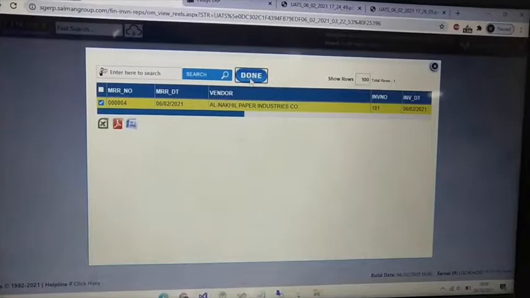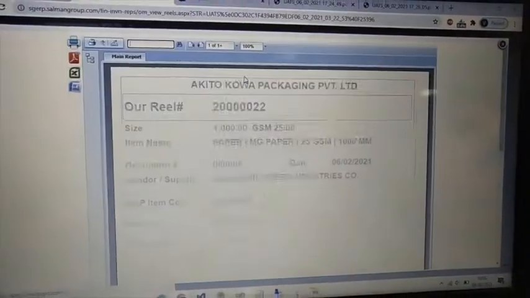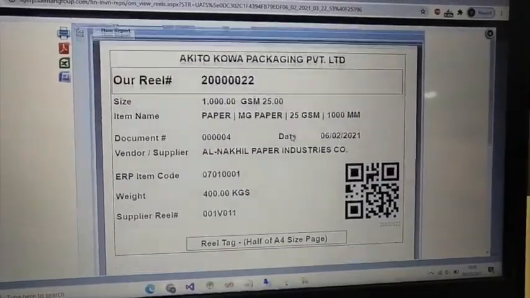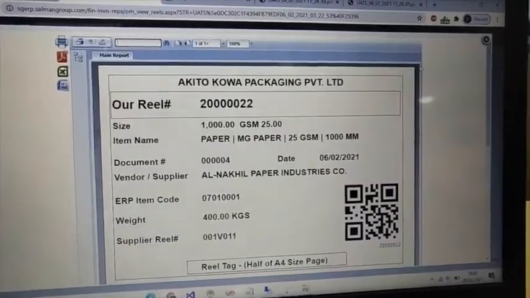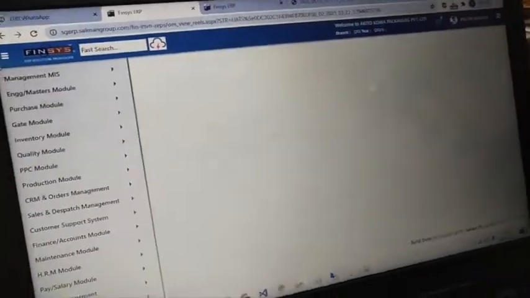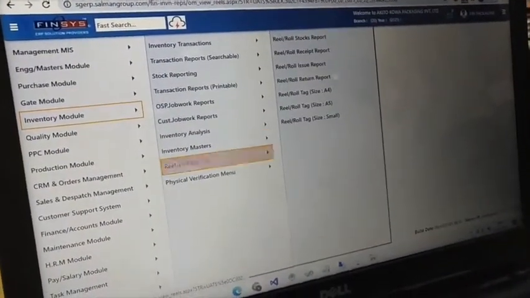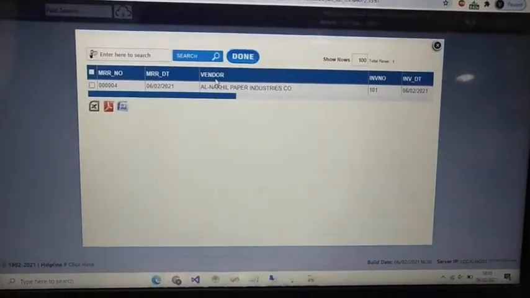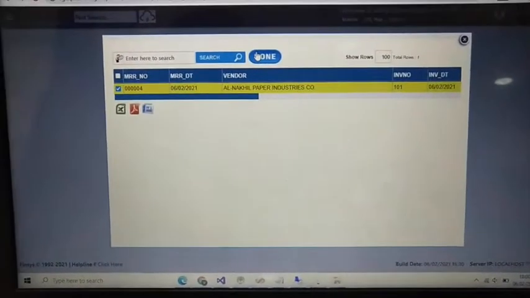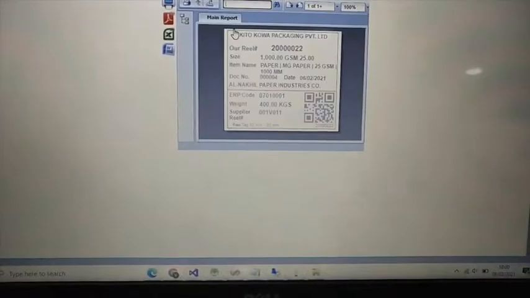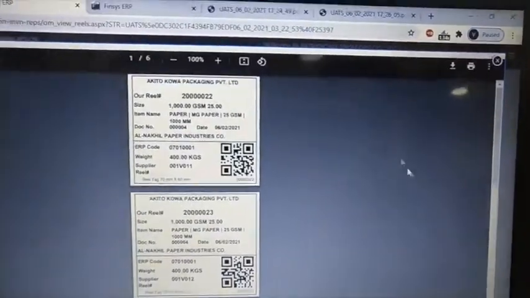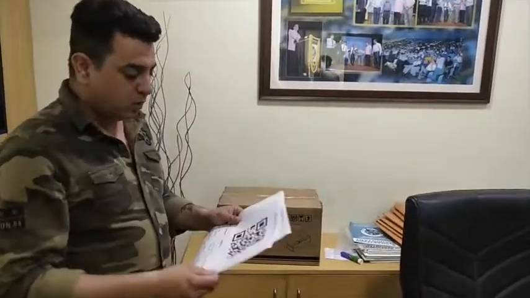We'll select the MRR. This is the A5 size. Good. Showing all the details. And now can you show us the smaller one? Yeah, this is the small. Select the MRR. So this is the smaller one. So we have the 3 sizes available for these stickers. Yeah, so friends, now we have the printouts of